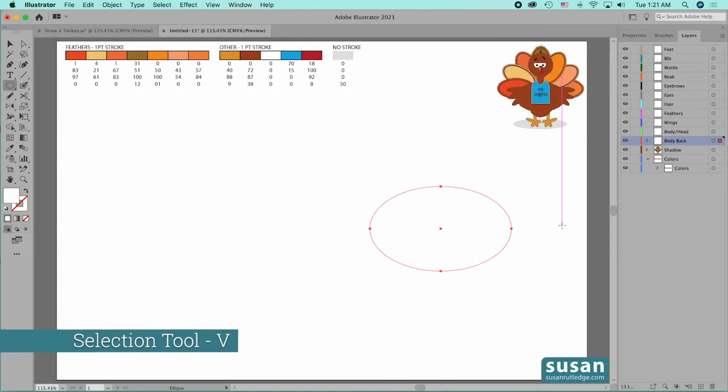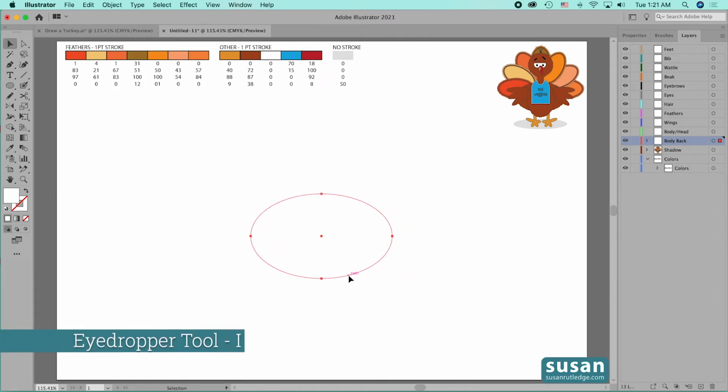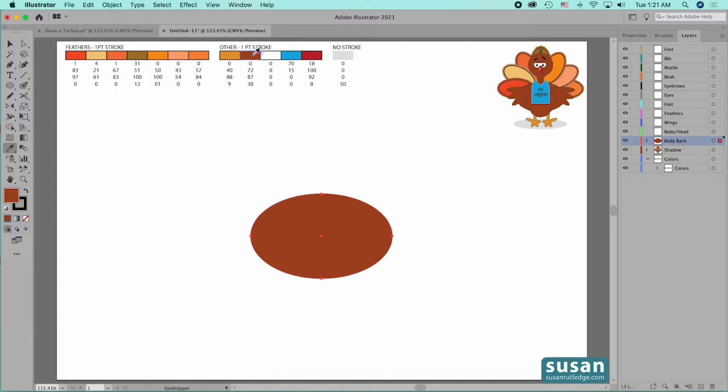And I'll get the selection tool, keyboard shortcut V. I'll move this in the center, and then I'm going to get the Eyedropper tool, keyboard shortcut I, and I'll click on the CMYK color 0728738. Now I'm going to move to the body and the neck and the head layer, and I'll get the